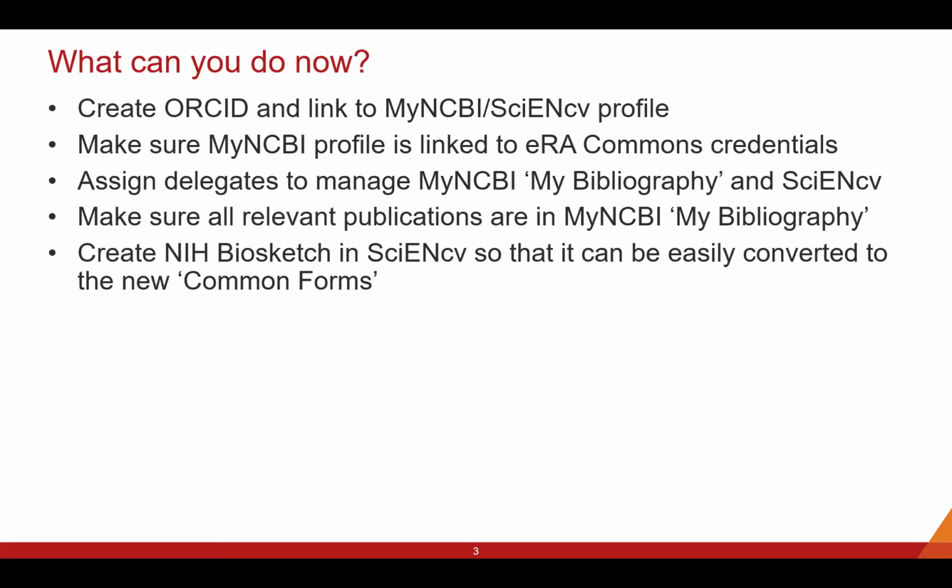Speaking of that, we'll talk about how we make sure that all of our publications are in MyNCBI. Like when you're claiming research products in the ERA system, those publications have to be in your MyNCBI account. Similarly, when we're working inside of SciENcv, you can include references and citations to work that you've done as supporting material, but those publications have to be in My Bibliography. So make sure that that is populated and good to go,